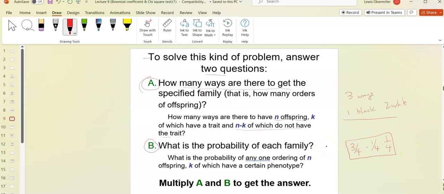So that's part A. We got 3 for this value. And then part B, we got 3/4 times 1/4 times 1/4, which is 3/64. And then remember, we just multiply those together. So 3 times 3/64 equals